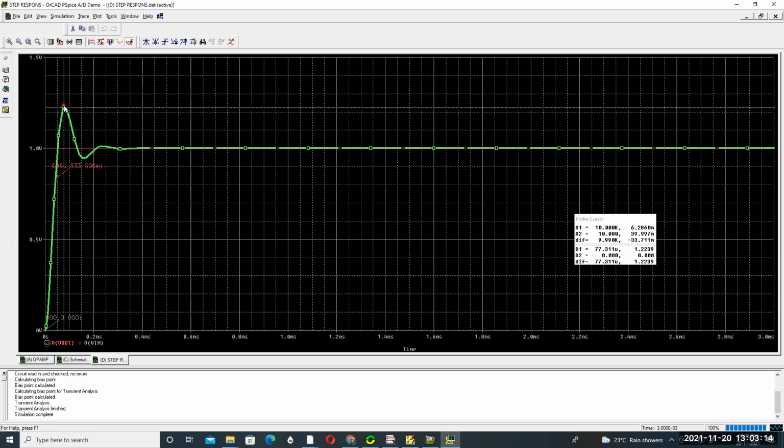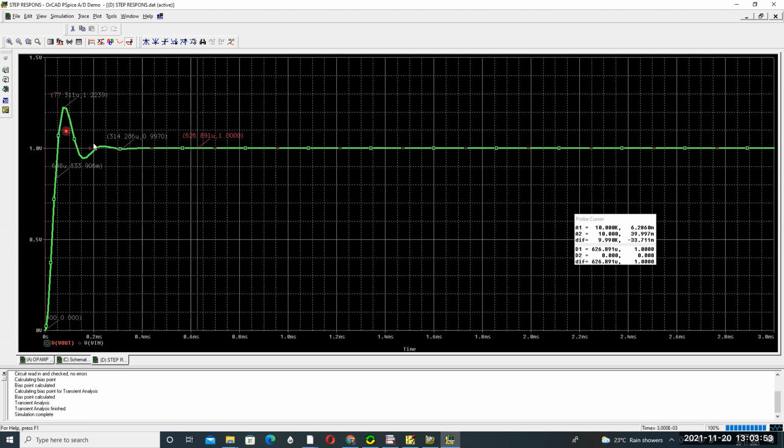Then if you want to know this peak value, press this icon and then this icon. So this is 1.2239 volts at 77.31 microseconds. This is called the final time. So press here, and then 314.28 microseconds and 0.99 volts. This is called the final voltage. And then press here, you will get 626.89 microseconds, that means 0.6 milliseconds, and then 1 volt.